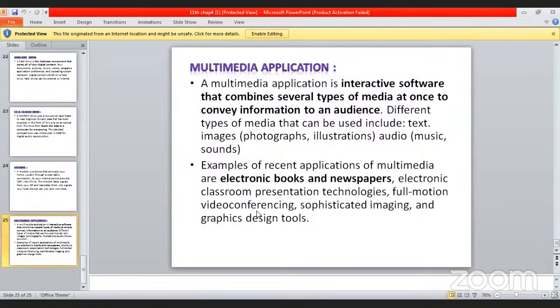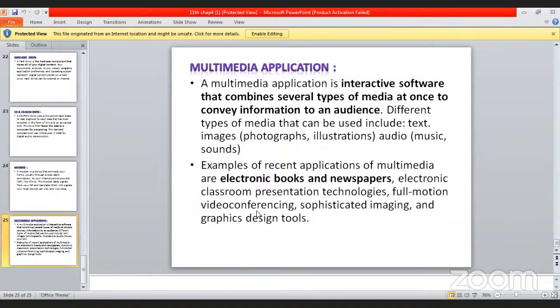So next last point is multimedia application. So what is multimedia application? Multi means many number of medias are presented there आणि ऍप्लिकेशन्स मीन्स मेनी ऍप्लिकेशन्स. का असं होणार? का असं आपण बघूयात आता इथं. द मल्टीमीडिया ऍप्लिकेशन इज interactive software that combines the several types of media at once to convey information to an audience. Means the different types of media that can use it